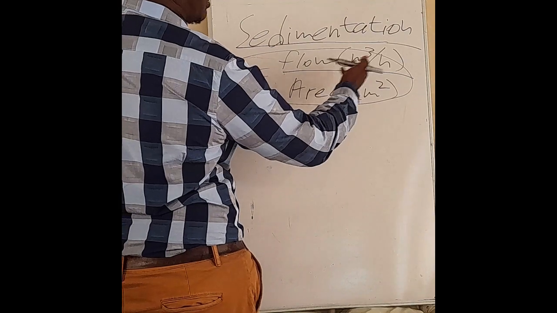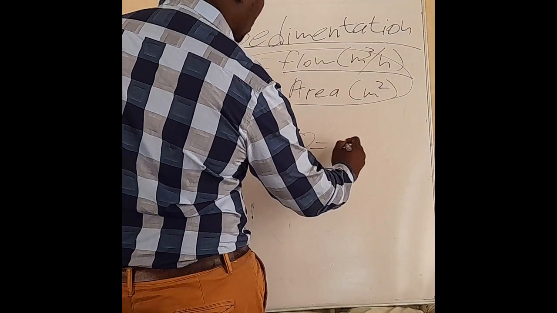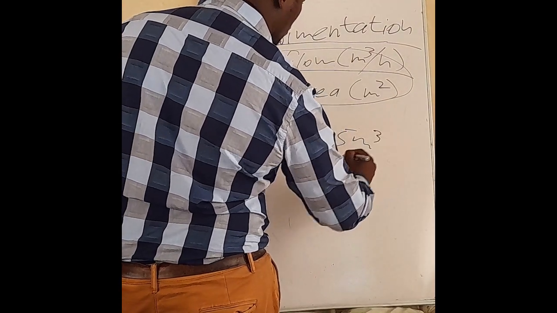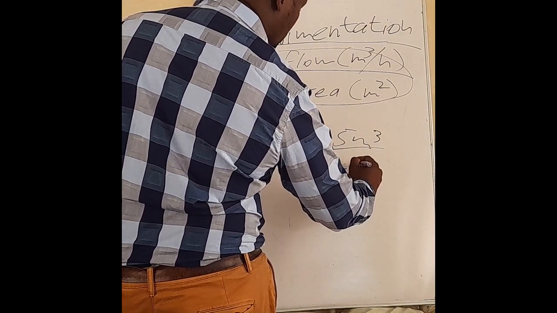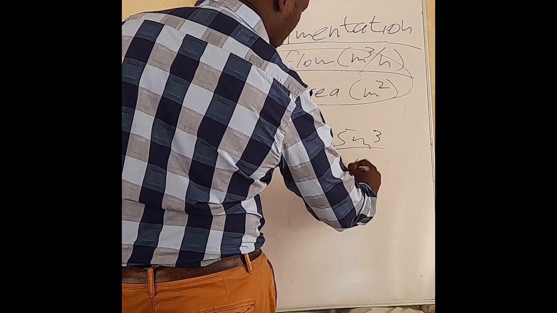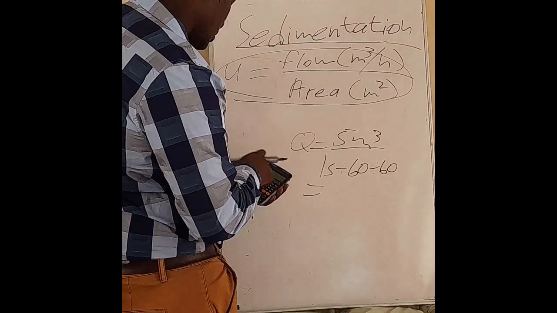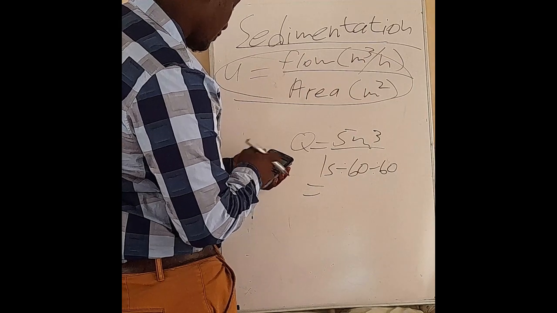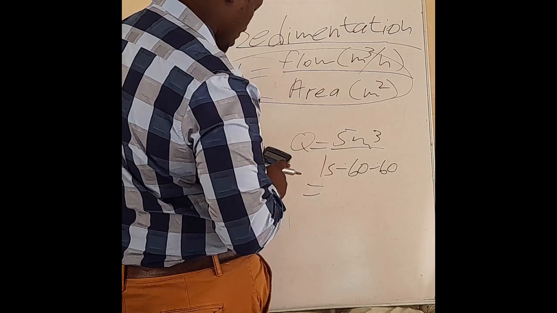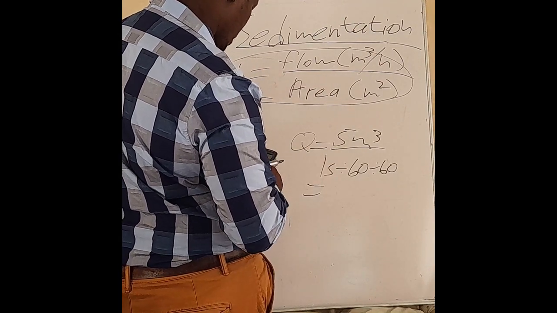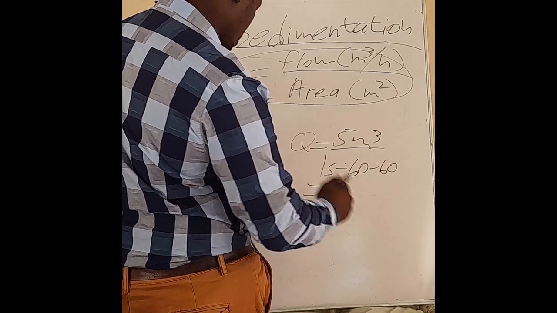So we have that formula that represents our upward flow velocity, and as I had said, our flow, our Q, we assumed 5 meter cube per second. So let's say that's our Q, that's 5 meter cubed per second. Now we need to convert it to hours. So just say that divided by 60, divided by 60. And let's grab our calculator and see what we get. So it's 5, then 1 divided by 60 to convert to minute. And then we divide it again by 60 to convert it to hours. So it comes out to